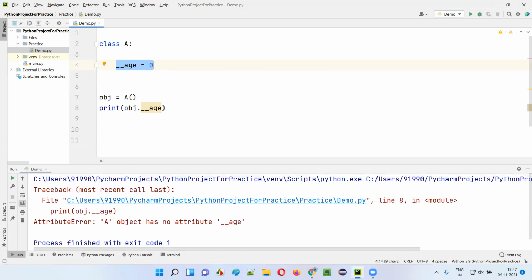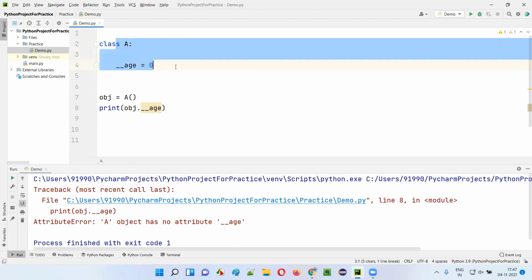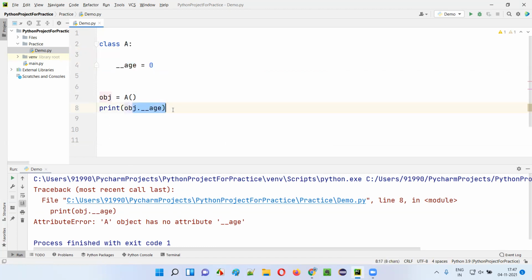You can only access this private variable inside the class. When you try to access the private variable outside the class, you get an error saying that the class A doesn't contain any variable known as age. So this is not possible.